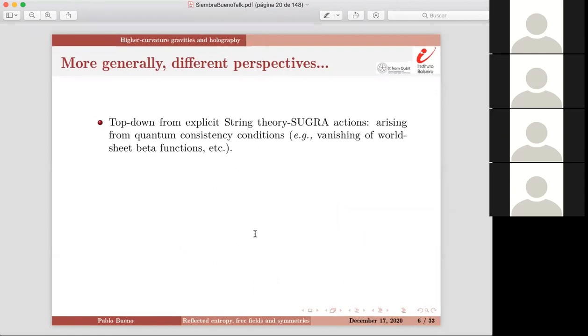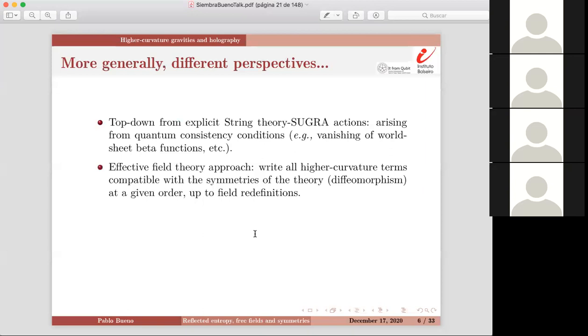The one that I show you is about these top-down constructions in which you start from string theory or supergravity, and you get corrections to the effective actions by, for example, the consistency conditions that come by imposing that the worldsheet beta functions vanish, and then you get corrections to the leading order actions, right? So there's another approach, which is more like a bottom-up thing. And there what you do is you consider order by order all the possible operators that you may have,